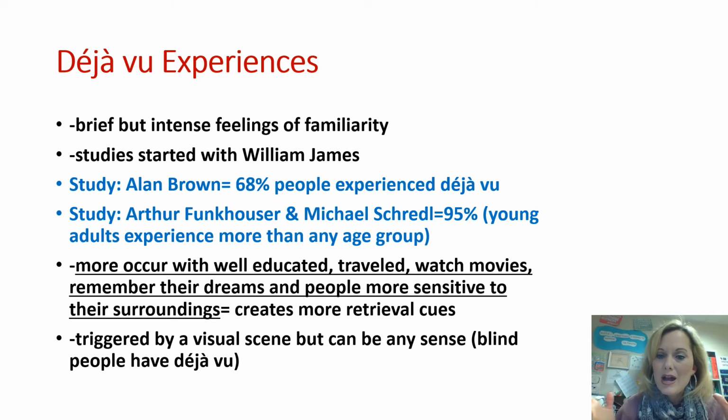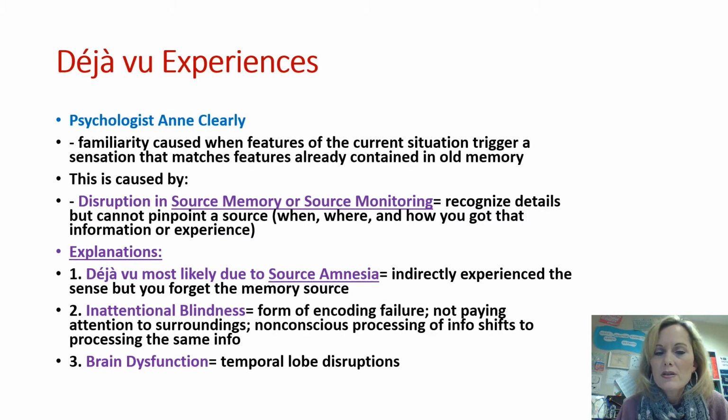So it's somebody who's been around and has a lot of experiences and doesn't have the same memories or places all the time. They've been to so many places that something can trigger that memory, and then they really think they're having deja vu. Anne Cleary did a study with this and found that familiarity was caused when the features of the current situation triggered a sensation that matched the sensation of the old memory. And this is caused by source memory or source monitoring. We can't pinpoint where we knew this from, and so we just think that we've been there before, right? That's source memory. And so really deja vu is most likely due to source amnesia, that we don't know exactly where